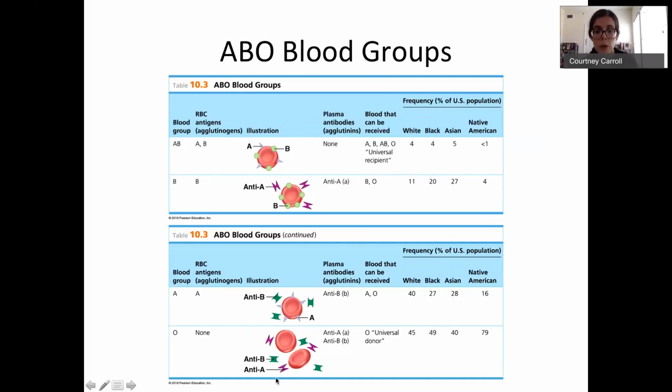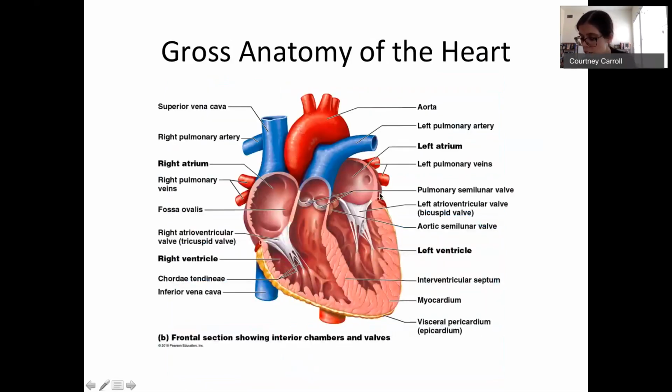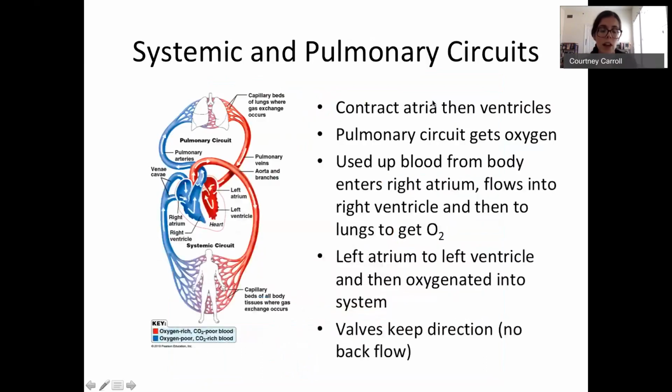So blood is going to flow, and this is in two circuits. This is showing you a zoom in of the heart, but let's talk about that heart in action, both our systemic, which is the body, and our pulmonary, which is our lung circuit. The pulmonary one is going to get oxygen from the lungs, and it's going to bring it into the left atrium of your heart. The atria is then going to contract, and that will push the blood into the left ventricle. The left ventricle will then contract and send that blood out into your body. Now, this is the systemic circuit.